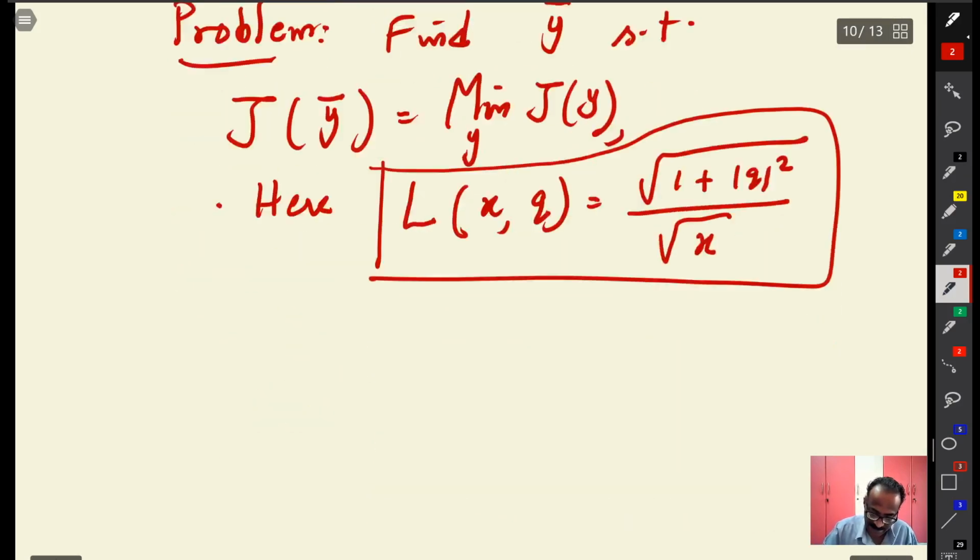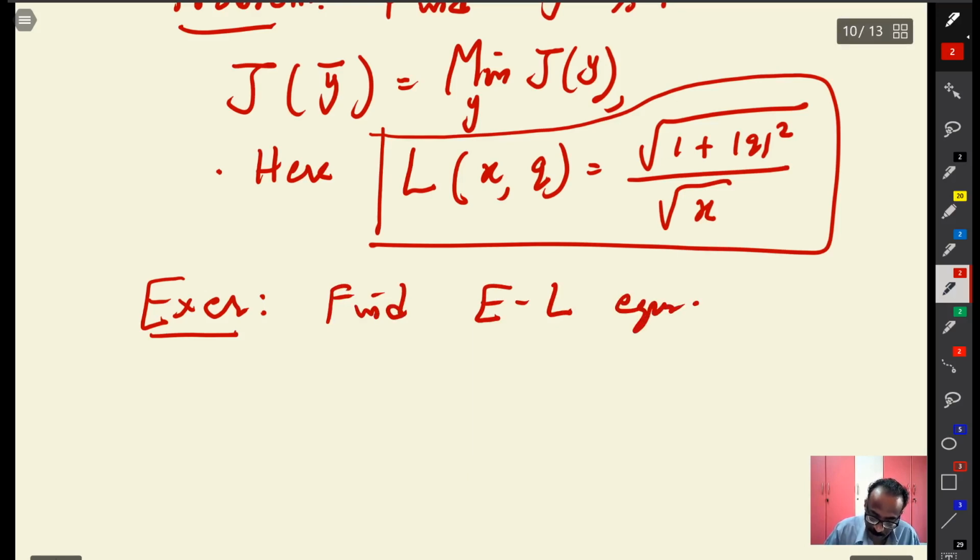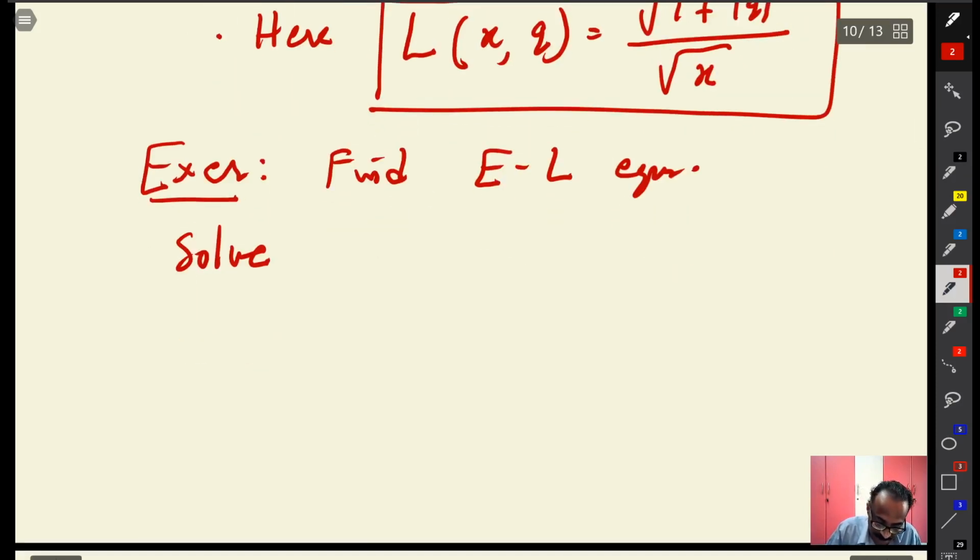So the exercise, I will leave it as an exercise. I will just tell one more problem before I say exercise. Find the Euler-Lagrange equations. And once you solve this one, I will not do all this work. You can refer to some books or something like that. That's not the main aim, because we have other things to do. To solve the solution,